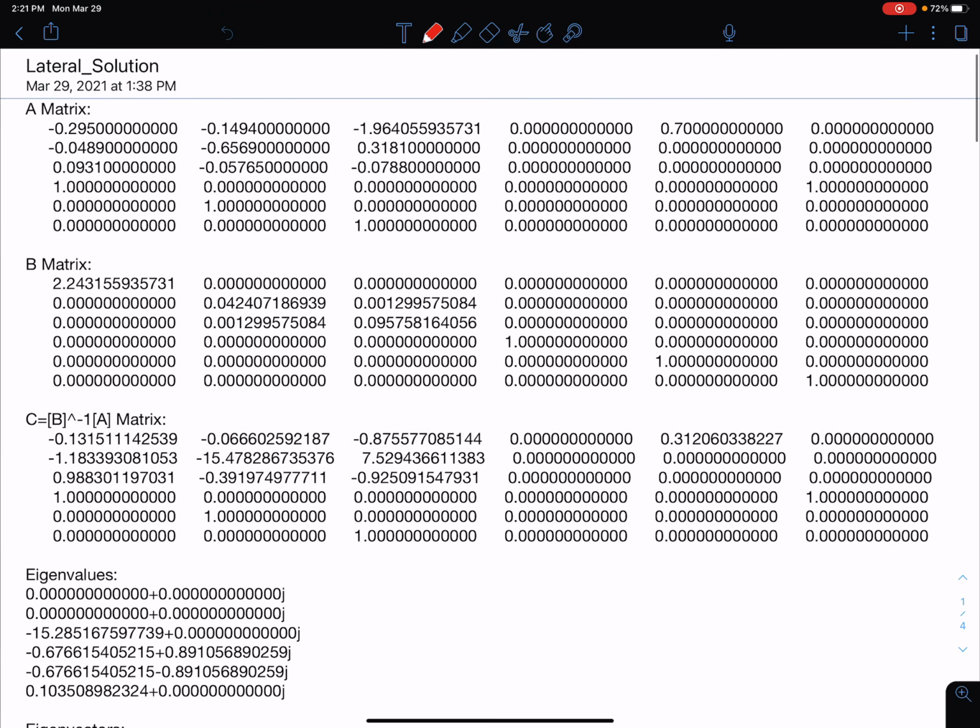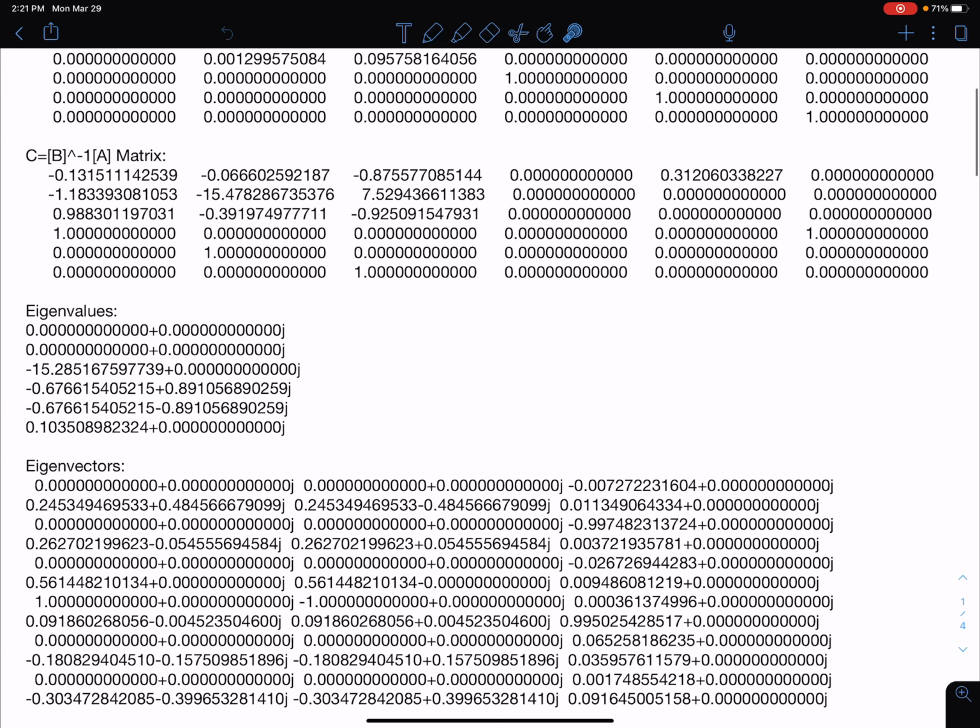So let's now look at the solution here. I wrote a lateral solver that solved that eigenproblem, and so here's the A matrix here and the B matrix, and my solver that I wrote in Python accepts by default only a single matrix to do these special eigenproblems. So I need to take B inverse times A, so the inverse of this matrix times A, and that gives me what I call C, and I plug that into the eigensolver, and out pop a set of eigenvalues and eigenvectors. So these are the eigenvalues that come out of this solver, and this is the set of eigenvectors, and of course there's one vector for each of the eigenvalues.